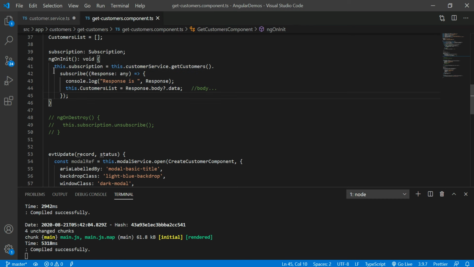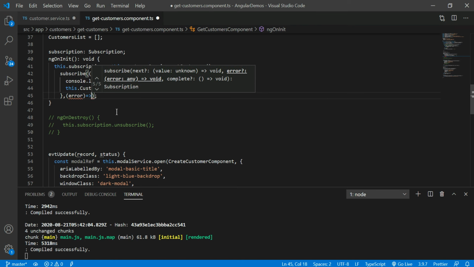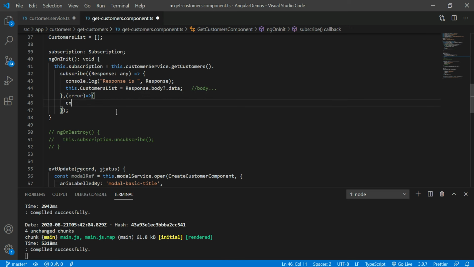By default, the first parameter of the subscribe will give the HTTP response. This always handles the HTTP response. But as of now we are getting the HTTP error response. So for that there is one more parameter for handling errors, which is the second parameter. Now which kind of error are you getting? You are getting the HTTP error response. Let me console log that, and we'll see what properties and methods are in the error.